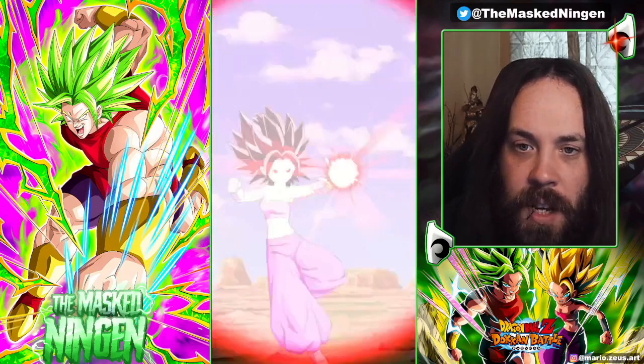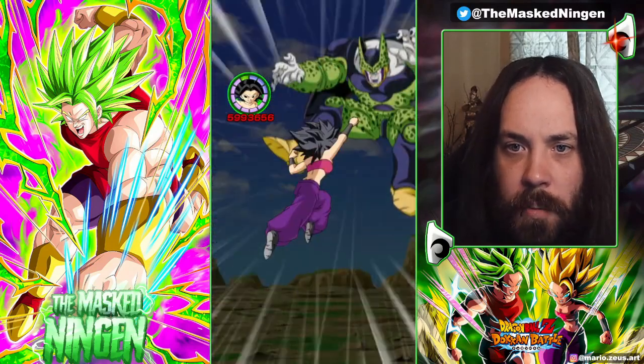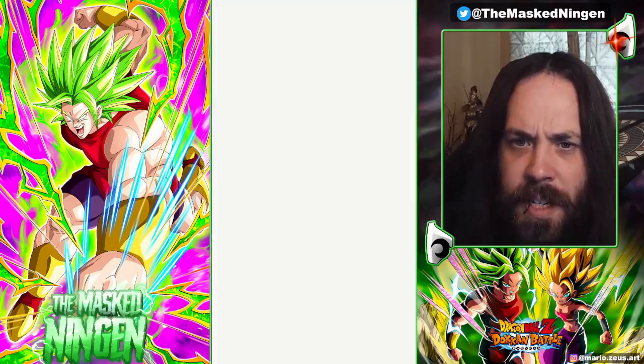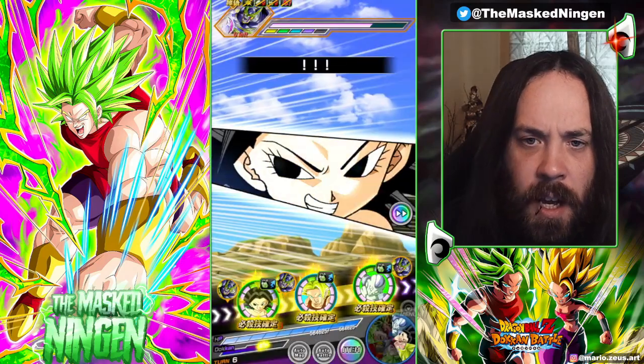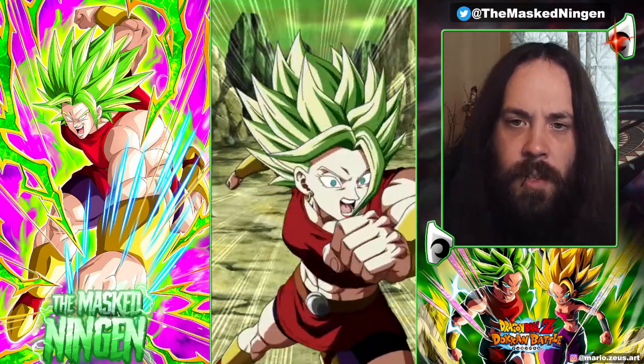I will do a separate video for... I'll do videos for the sub-EZAs when they're actually live on Global, because I do have all of them. I need to make sure they're actually all link level 10. I'm pretty sure I did link level Saiyan Kefla. I think I link leveled Vados. The only one I'm not sure on is Int Hit. So...